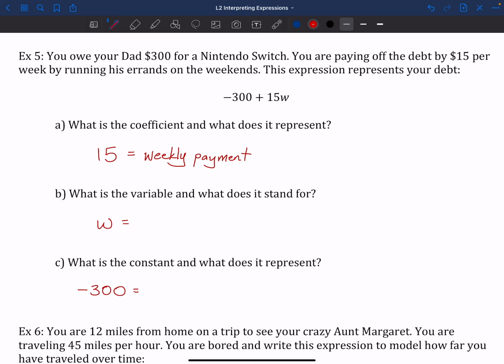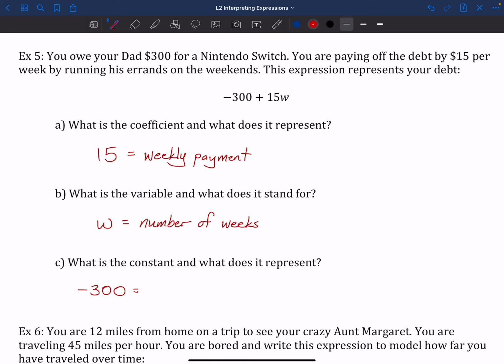Right? After that, we've got the W, right? And again, it's the variable. We're talking about the number of something, right? And then we got to, again, look back in the problem, right? You're paying off the debt by $15 per week by running errands on the weekends. This expression represents it. So, again, we're talking about this thing that's happening over time, right? So that time unit is probably what our variable represents. In this case, that's going to be weeks,